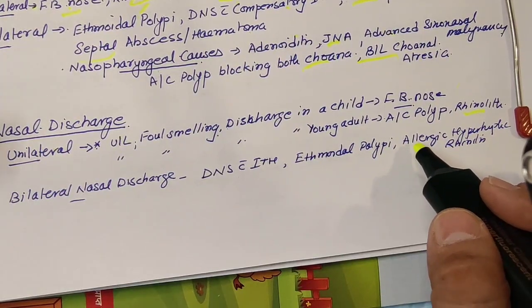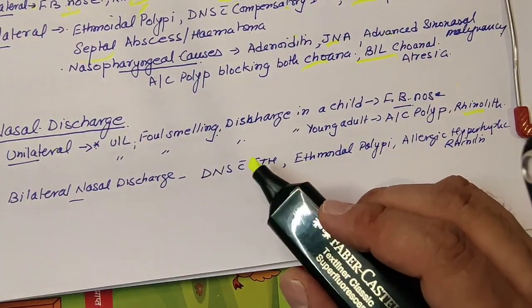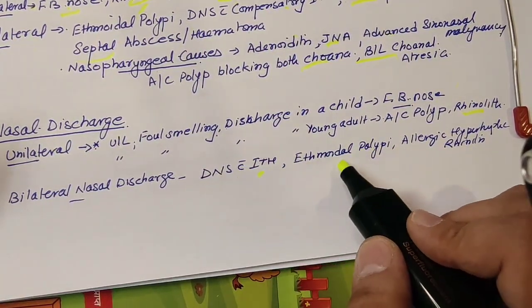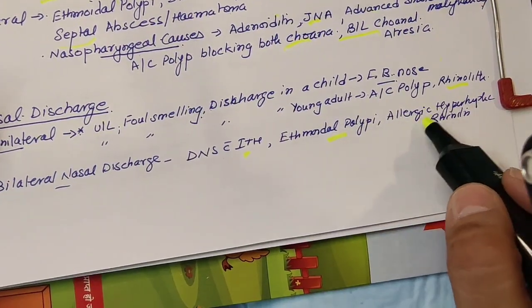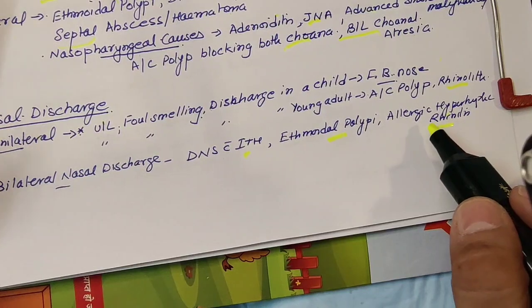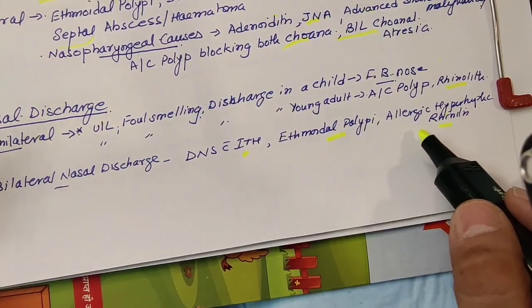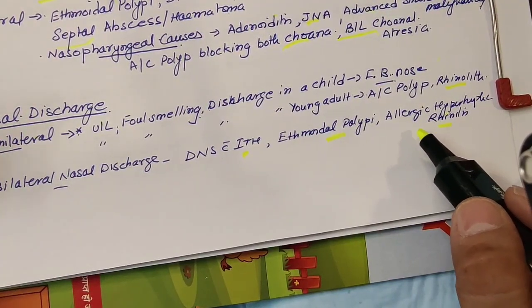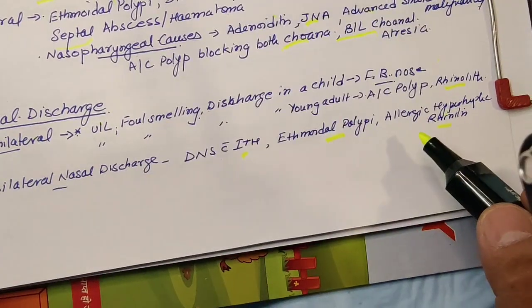Bilateral nasal discharge, similarly, just like nasal obstruction, is present in deviated nasal septum with inferior turbinate hypertrophy, and ethmoidal polyps, which are bilateral in nature, then allergic hypertrophic rhinitis, where both sides turbinates are enlarged and the patient gets secretory discharge, which is serous or maybe mucoidal or maybe sometimes mucopurulent if it gets infected later on. Okay, so